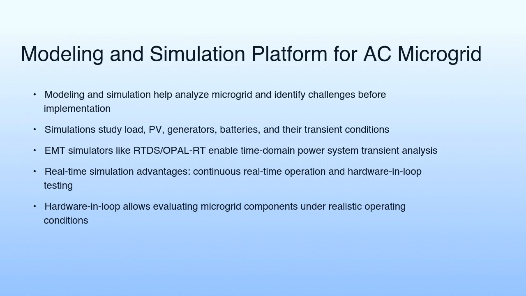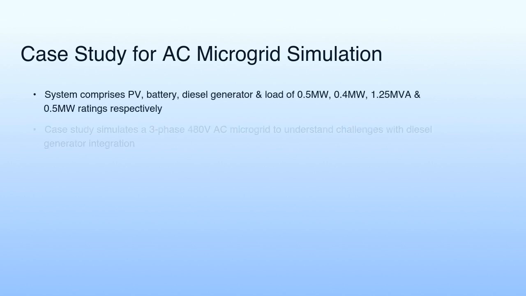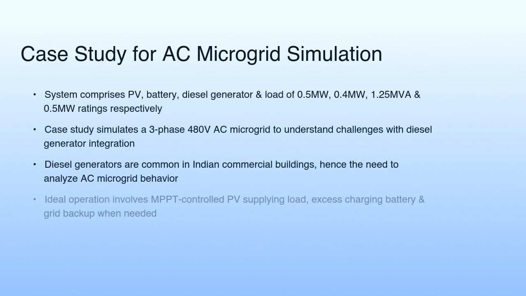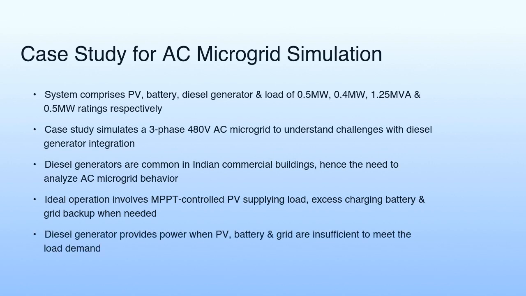Real-time simulation offers the advantage of continuous operation and hardware-in-loop testing, evaluating microgrid components under realistic operating conditions. A case study focuses on a 3-phase 480V AC microgrid comprising a 0.5 MW load, 0.4 MW PV system, 1.25 MVA diesel generator, and 0.5 MW battery storage. The aim is to understand the challenges of integrating diesel generators, which are common in Indian commercial buildings, into the